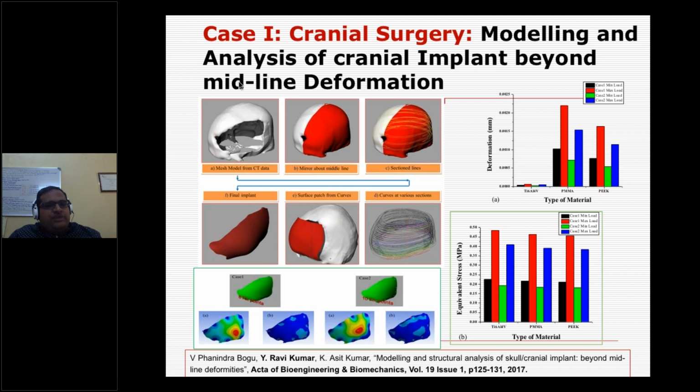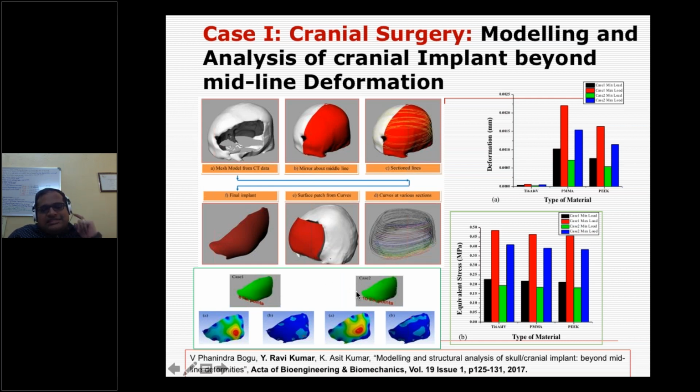Majority of the software will do only symmetric modeling, where asymmetric defects may not be accommodated. So we developed our own algorithm, using Rhino software, and integrated our own NURBS-based algorithm to go beyond the midline if there are asymmetric damages or asymmetric defects.